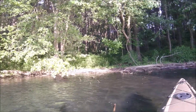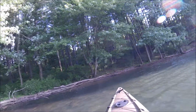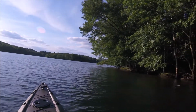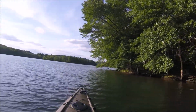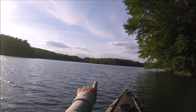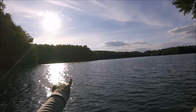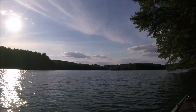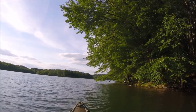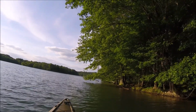Alright everybody, that's my destination. Now we are going to turn around and start heading on back. So now we've got that island out there in front of us. We've actually came in up there, we went all the way around the whole contours of this whole cove, and now we're back over here. So we've got about a mile out and around up the main channel, back up the cove where the boat launch is,